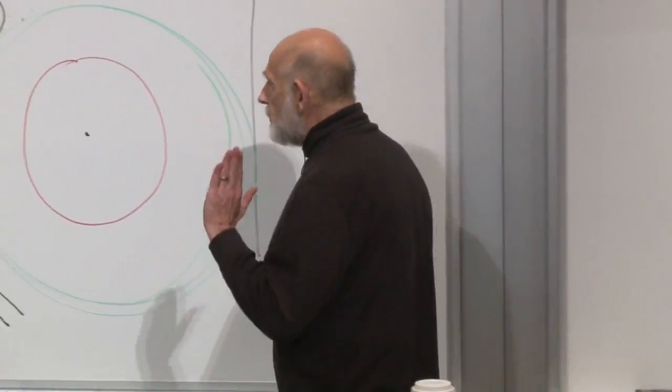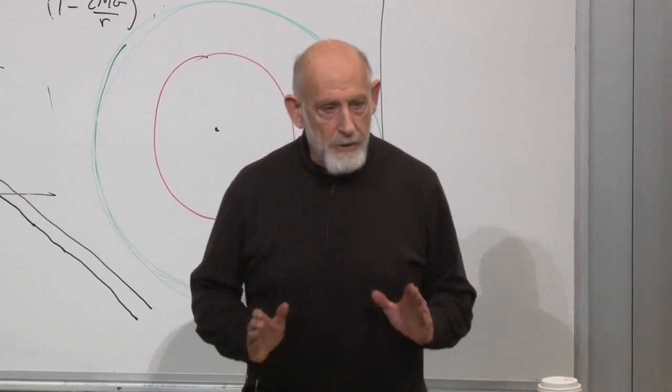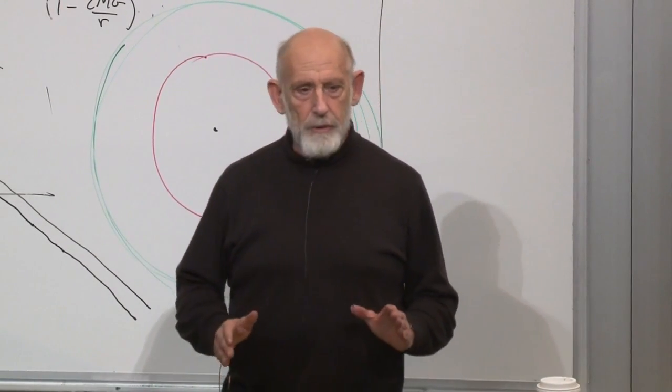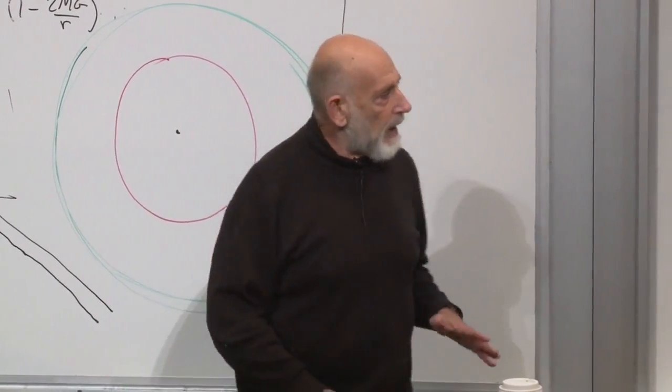Circular orbits are, of course, particularly simple. Can we figure out what the circular orbits are? Yes, we can. But I'm going to show you just one specific kind of circular orbit. The particular kind of circular orbit we're going to talk about is the orbit of a light ray. As you might expect,